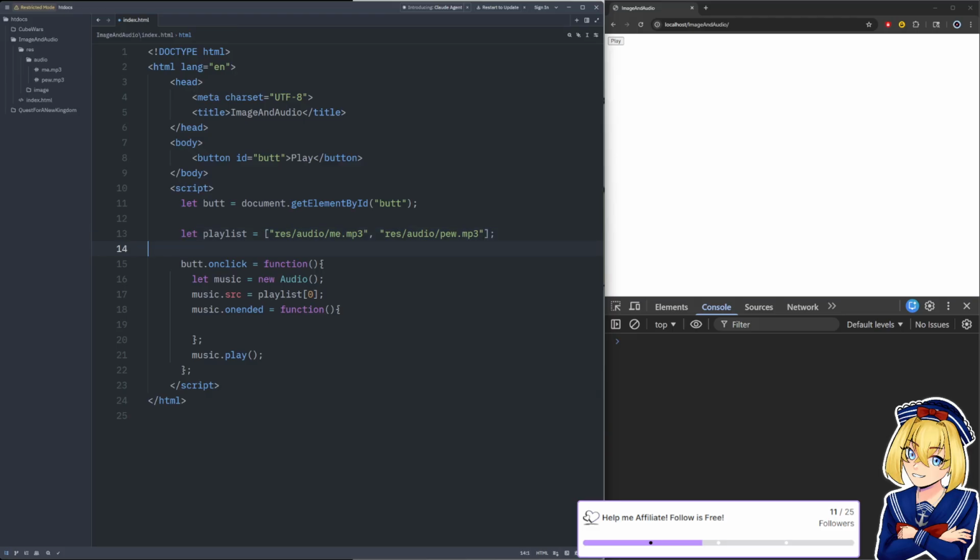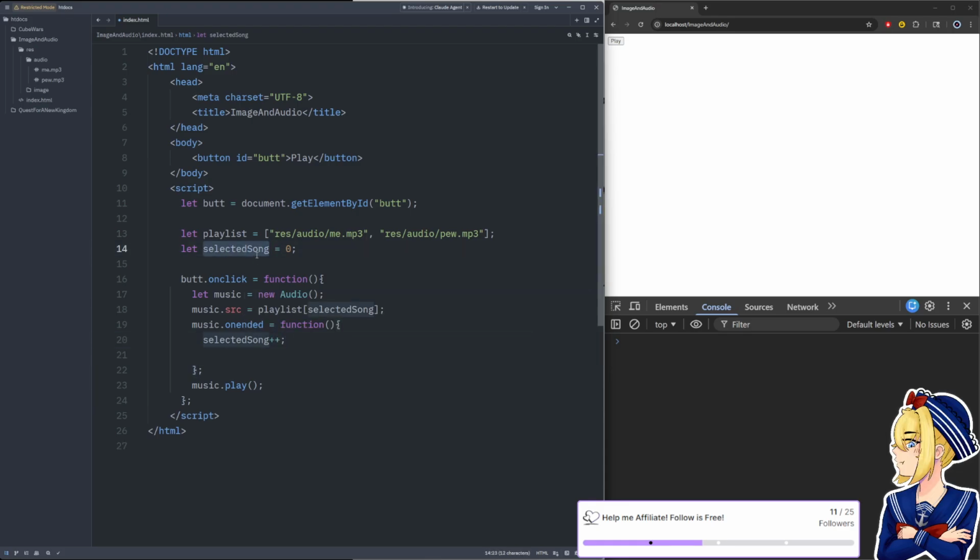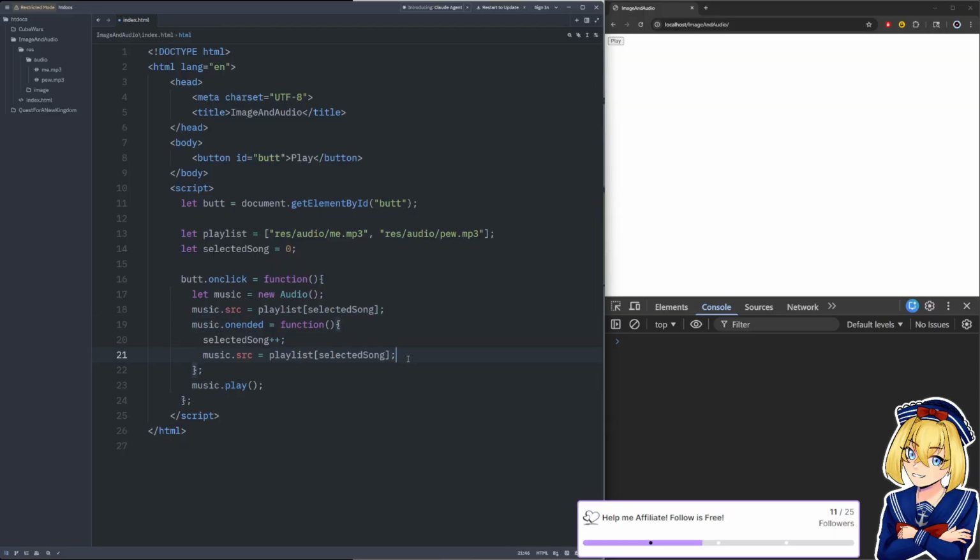Let's make a let selectedSong equals 0. So then we can say selectedSong instead of 0. And when it ends, we want to say selectedSong plus plus, which is going to add 1 to selectedSong. Then we set the source again to whatever song is selected. But we're going to run into an issue when this one finishes playing, because we're going to increase to an index that doesn't exist.